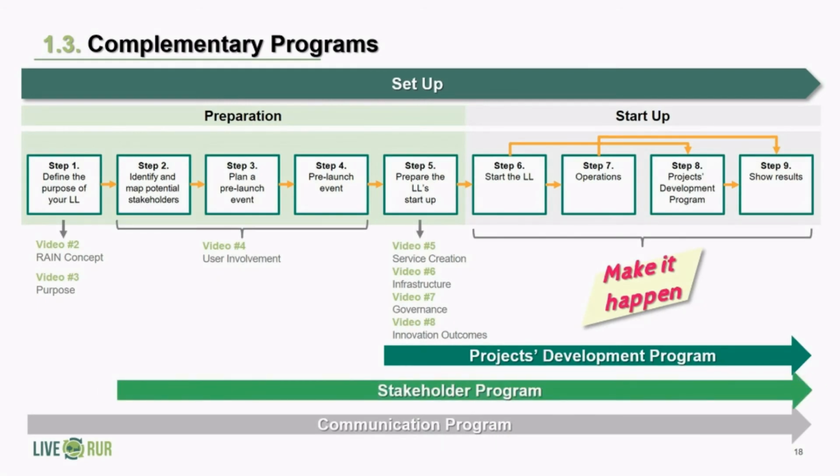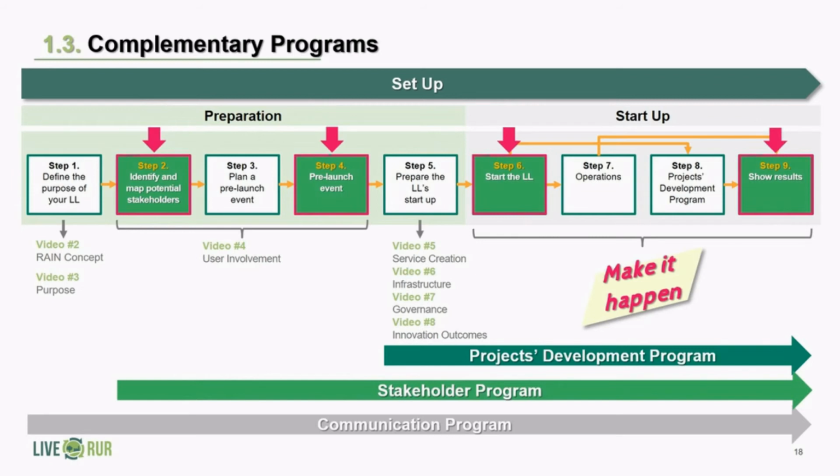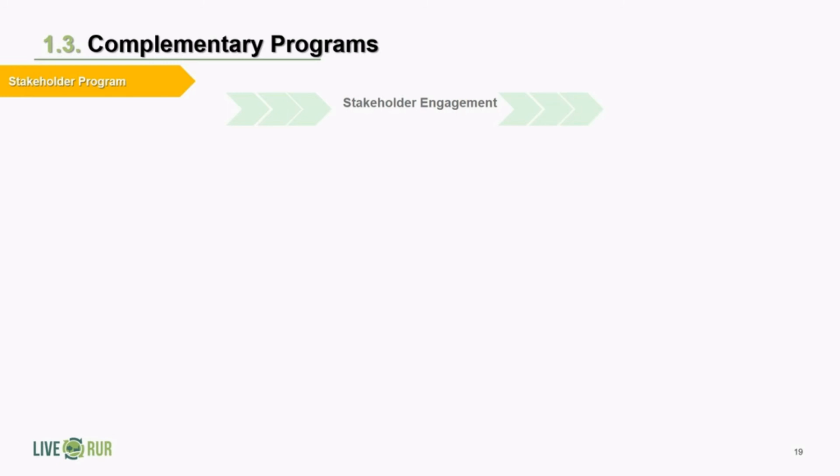It aims to map, motivate, and ensure the participation of key stakeholders. It can be very useful right from step 2 of the general process, but it must be continuously worked on during the pilot's development. The Stakeholder Program is structured in 3 main stages, each one with specific aims. For each of these aims, particular tasks have been devised and some tools are suggested.